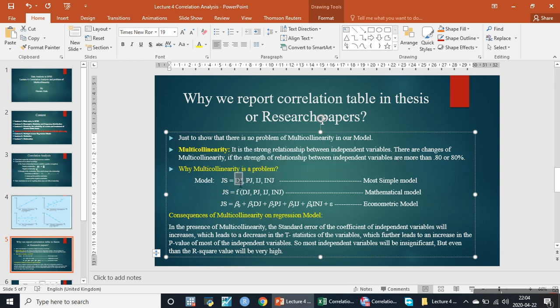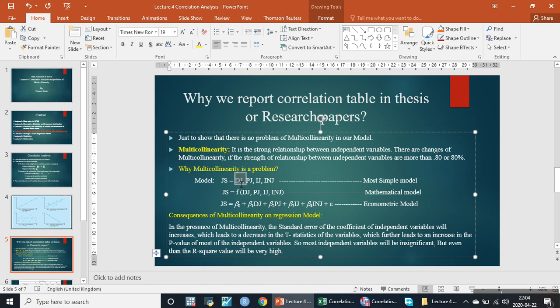Because we are interested to know the impact of distributive justice on job satisfaction individually. Similarly, we want to know the impact of procedural justice on distributive justice. Similarly, informational justice or interactive justice on distributive justice. Informational justice on job satisfaction. So if there is a strong relationship between these two variables, more than 80% relationship between distributive justice and procedural justice,